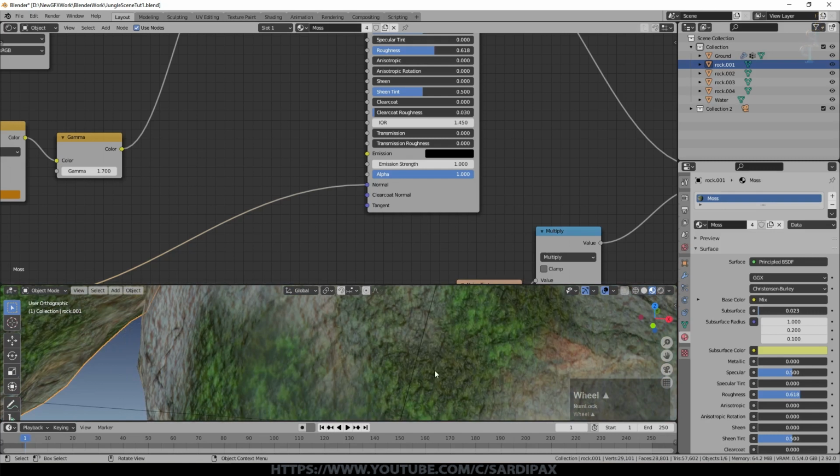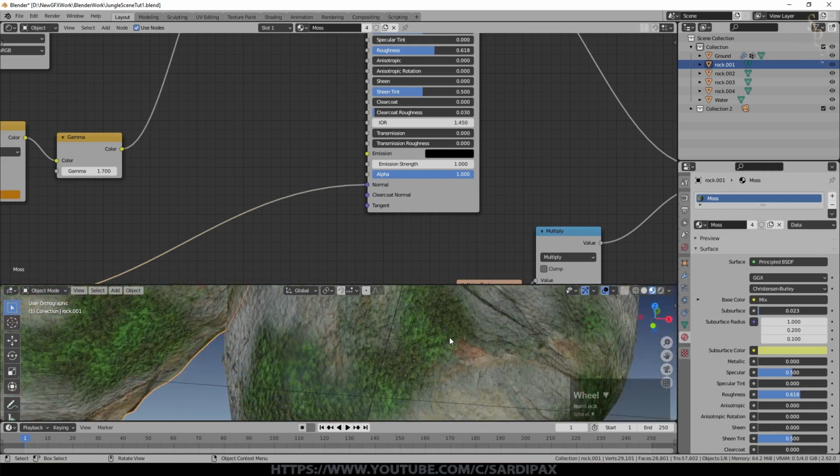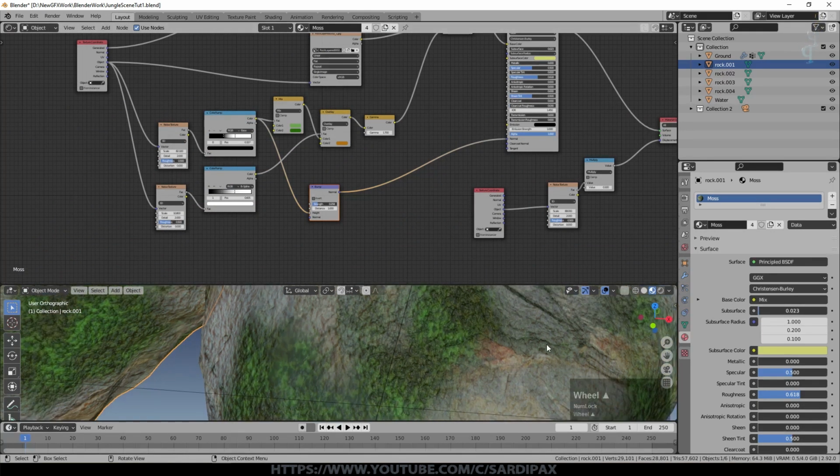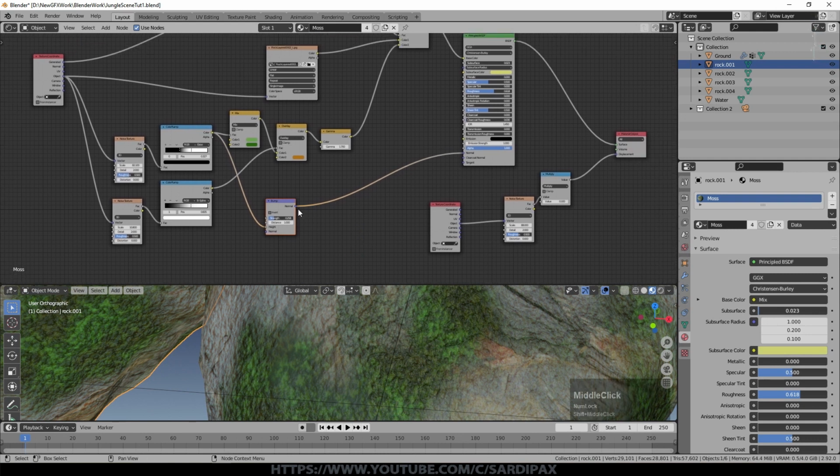So that gives you some shadowing, because obviously the moss is a textured surface. That's also being applied even where there isn't moss, just to add a bit of extra texture to the stone. If I wanted to be completely accurate, I ought to switch between two different principled nodes, with one for the moss and one for the stone, but we don't see them close up, so I didn't do that.